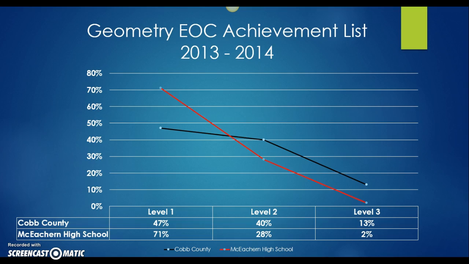McEachern was at 71% for that level 1 compared to Cobb County, which was at 47%, and then McEachern jumped down to 28% compared to the county level of 40%, and then only 2% for that level 3 compared to the county being 13%. And again, this was back when they had a 3-level system, but we start to see an increase